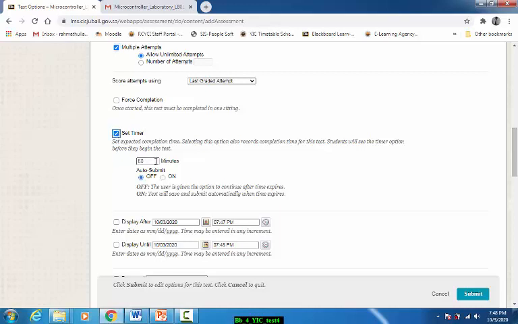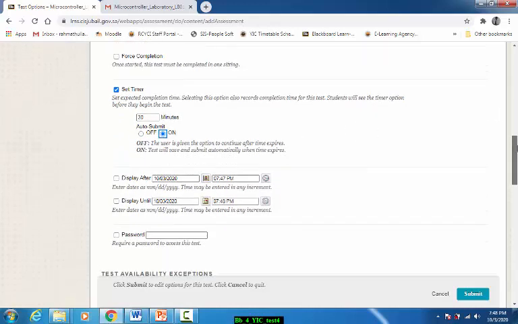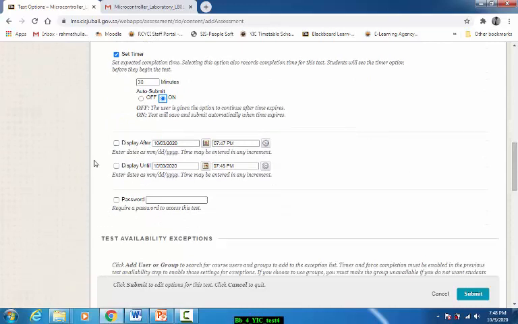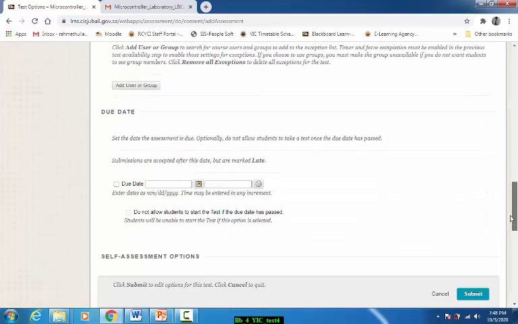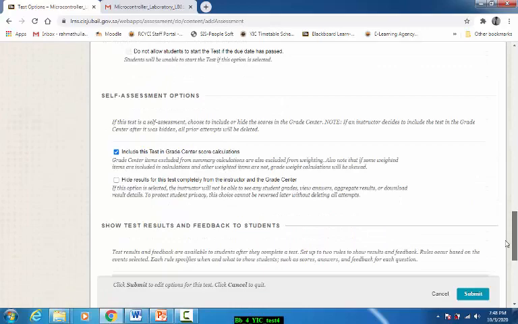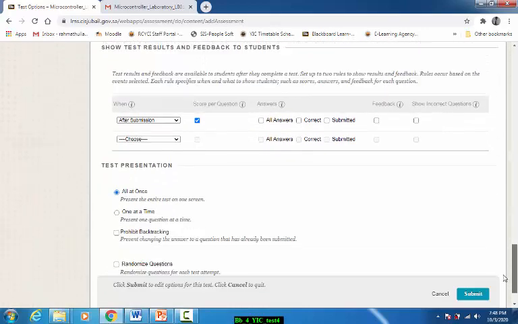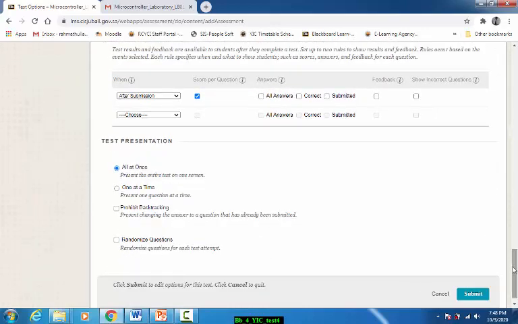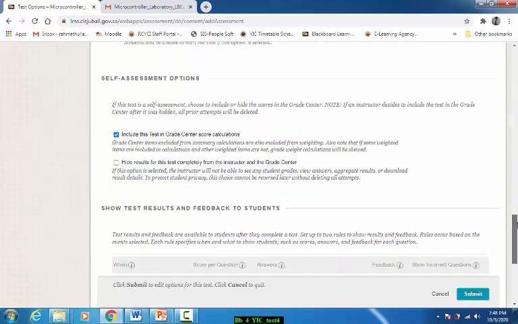If you want to set the time, maybe you can set it to 20 minutes or 30 minutes or whatever it is. This is only a practice test. Make result submission on, and for the due date, don't write anything, and don't give a password. One important thing, randomize the questions if you want.